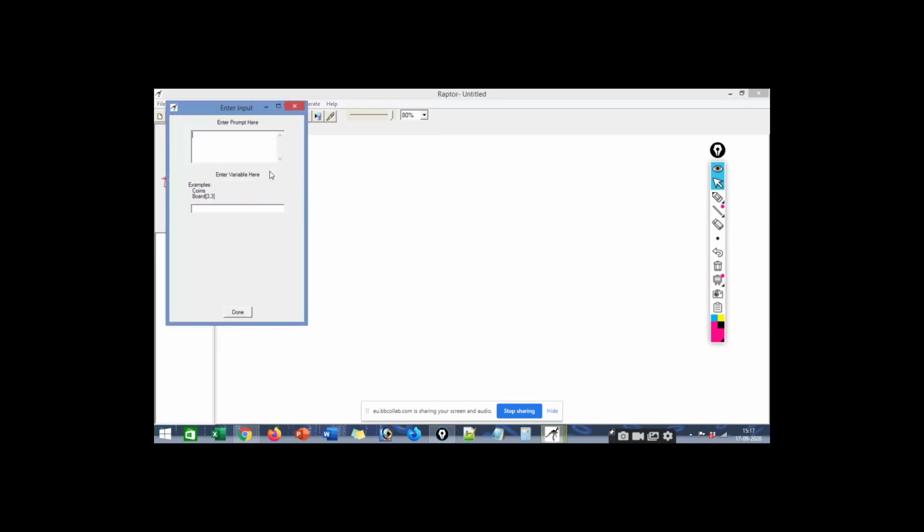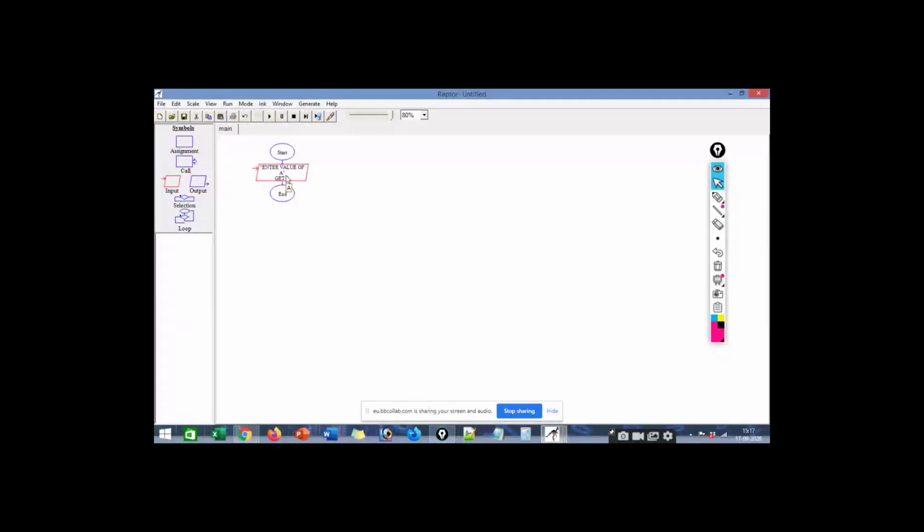Okay, so I will have the input. Okay, this is the input. In the input I will say enter value of A. What do you mean by prompt? Prompt means to enter some value. So I will say enter value of A. I want to store this value in variable A. Okay, done. You can see here get will automatically come. Enter value of A, whatever value I enter will be stored in the memory A.